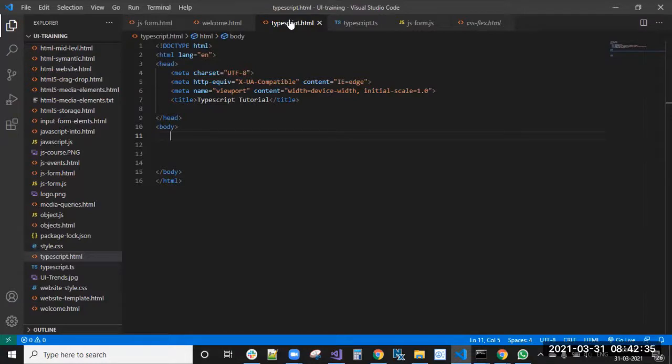The TypeScript compiler will generate one JavaScript file. That JavaScript file we will include in our project, and it will run in the browser.